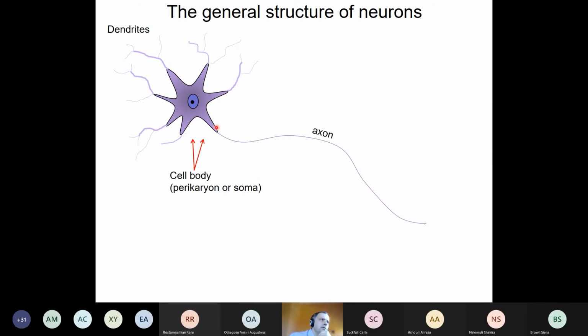And the axon has a typical origin, which is called the axon hillock. And this is the spot where the electric signals of the cells are produced. This is the area where the action potentials are initiated. Next week, I will talk about this in more detail. The axon will eventually branch. If that happens, the branching is typically perpendicular to the trunk of the axon, in contrast to the dendrites, which are sometimes branching also, but their branching is usually at a sharp angle, not at a perpendicular angle like axons